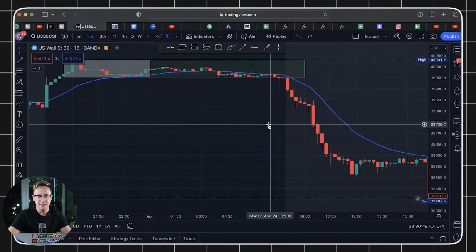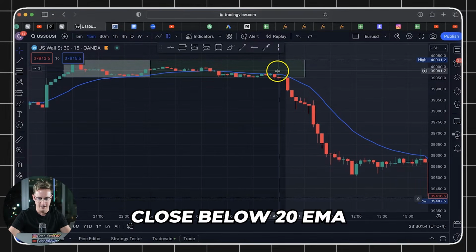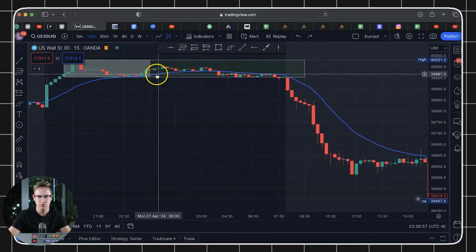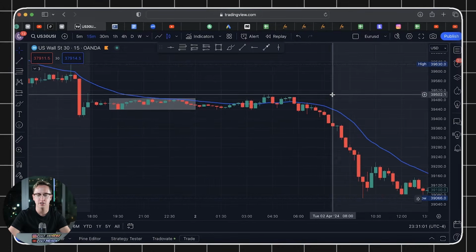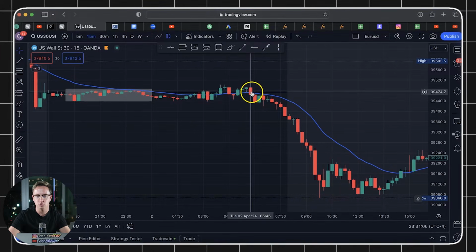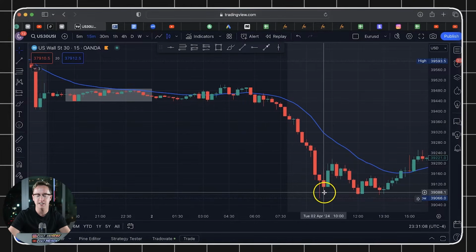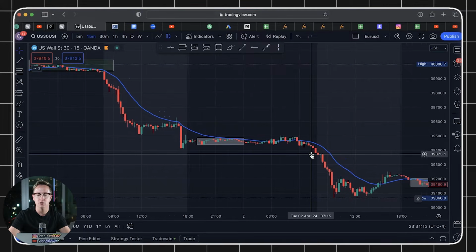One thing too that I like to see is I like to see the candles close below the 20 EMA. So once the candles close below the 20 EMA right here, that was giving us good indication it was going to be a sell-off too. One thing too, look at right before the New York open, the candles dropped below the 20 EMA, price continued to go down. So what I like to look at, like I said a second ago, is if you look